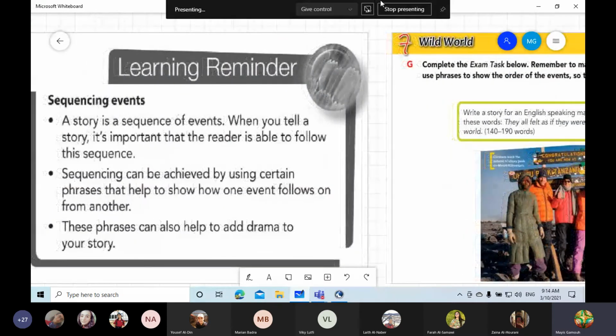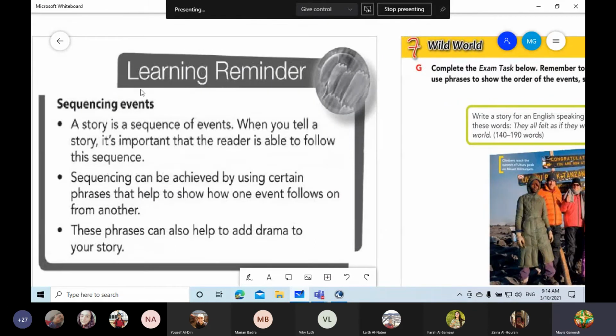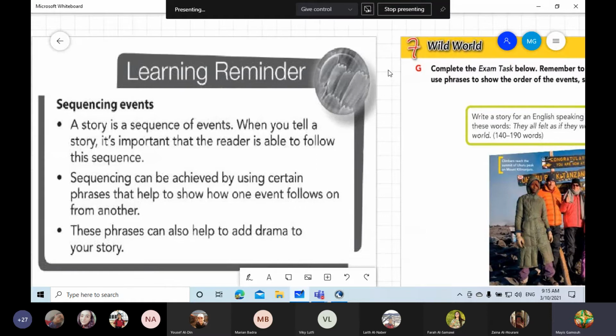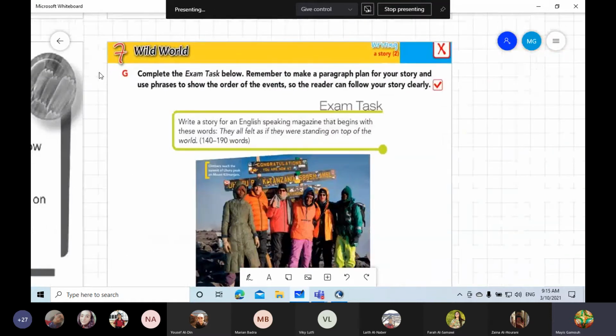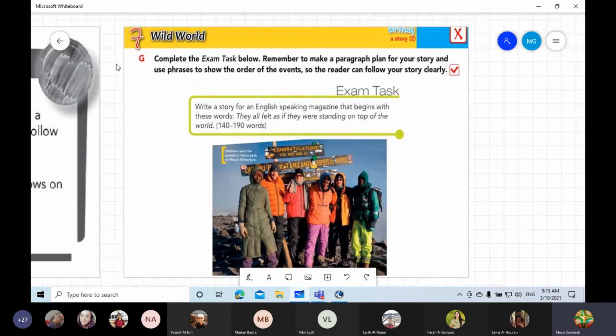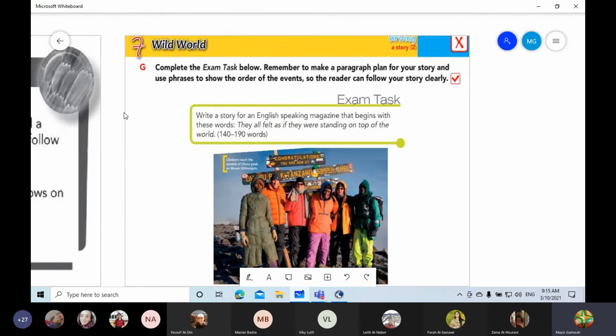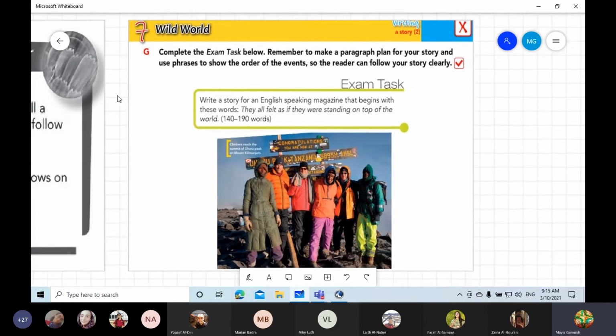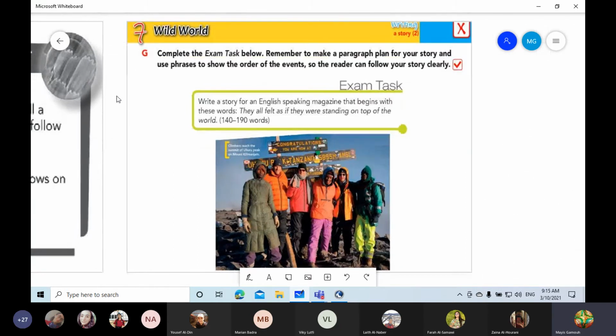All right, here is a learning reminder. It is the same one as the first one that we read, but it's in your workbook. That's why I put it in your slide, just to remind you of the descriptive words and the sequencing of the events. And now we come to our last section for today's class, which is your task. I have it here in front of you, and it's in your student book on page